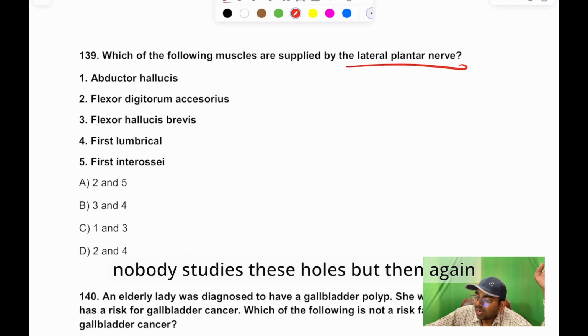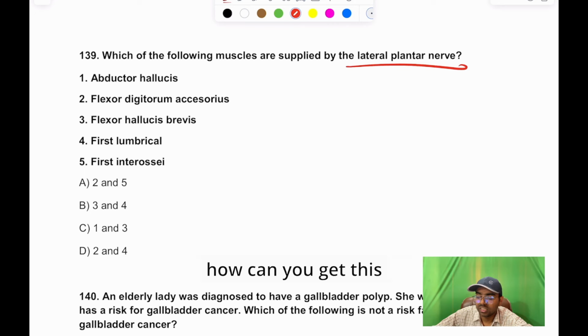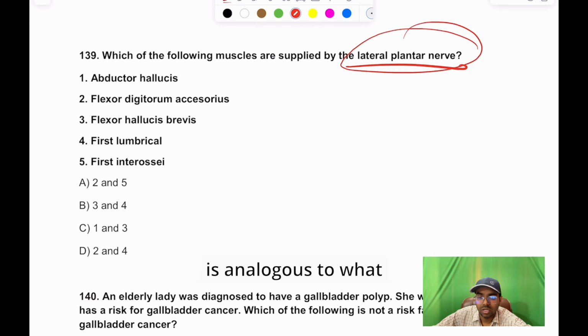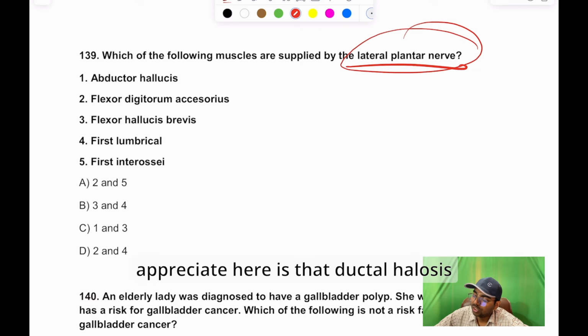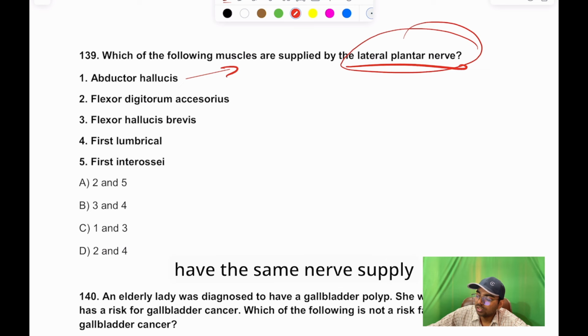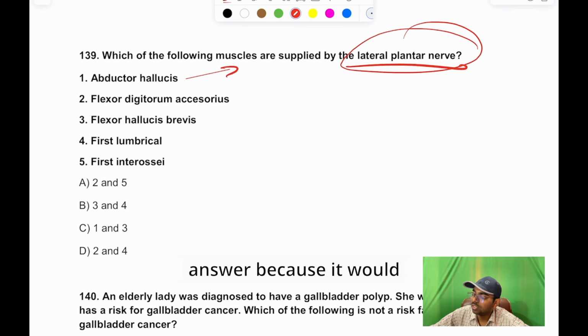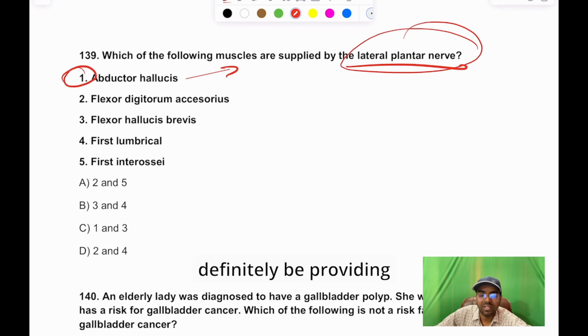Again, this is the lateral plantar nerve. Nobody studies the soles, but then again, how can you get this answer correct? The lateral plantar nerve is analogous to what? One thing that you can appreciate here is that abductor hallucis will have the same nerve supply, and see, abductor hallucis is one of our answers because it would definitely be supplied by the lateral plantar nerve. If you draw the foot,